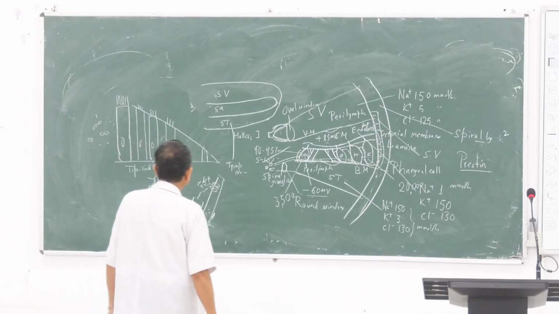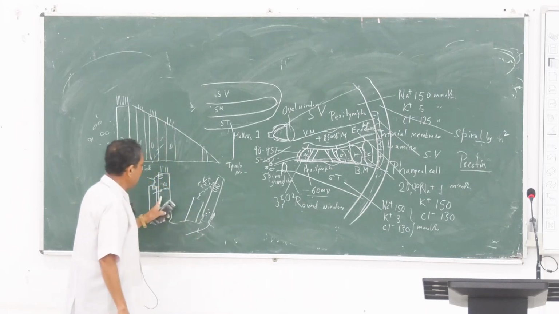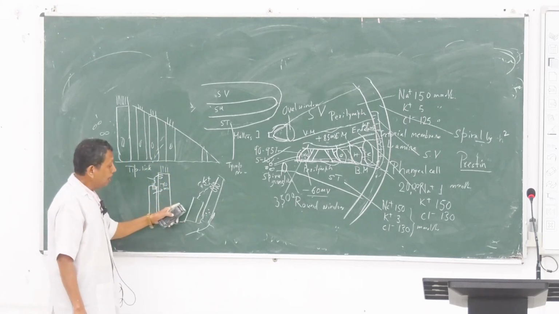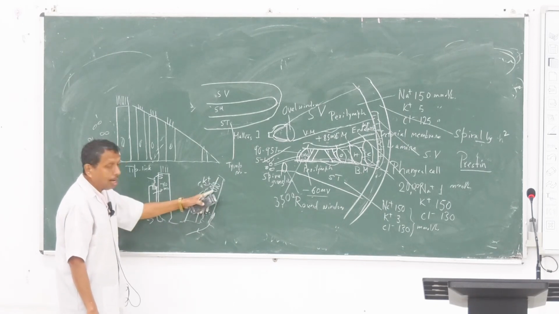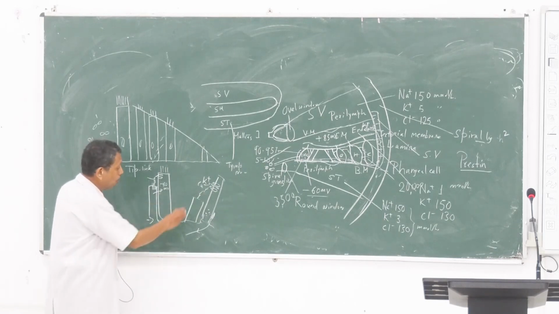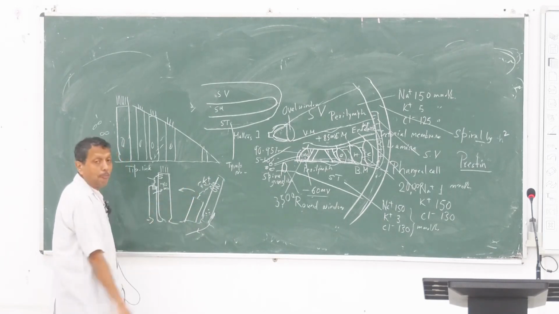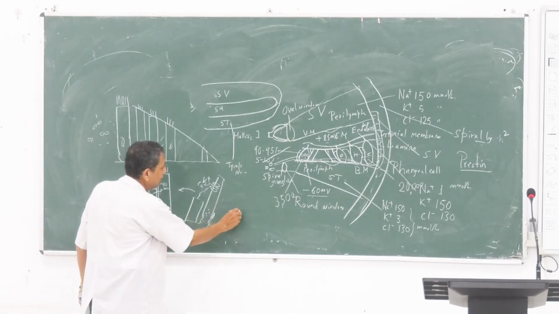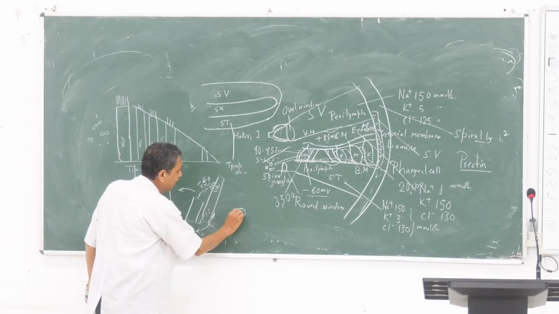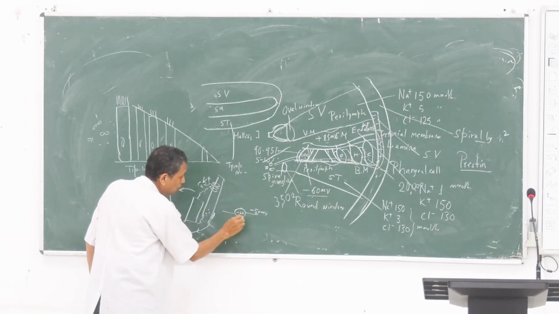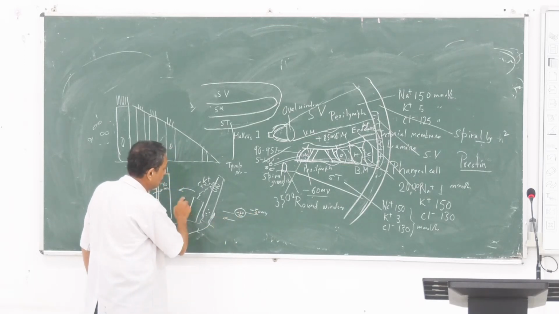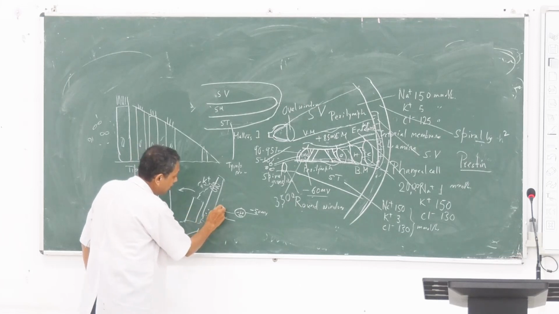Now you see the hair cells behave the same way. When the bending is in this direction, from the smaller to the taller stereocilia, there is depolarization. And when the direction is the other way, it is hyperpolarization. Suppose in this case it is minus 60 millivolt, and if it is pushed this way it becomes minus 50 millivolt. If it is pushed in this direction, toward the smaller cilia, then it is hyperpolarization.